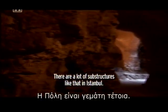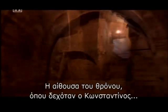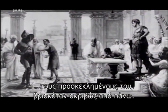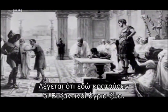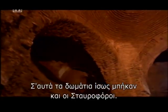This is very impressive. There are a lot of substructures like that in Istanbul. This is the substructure of the Great Palace. The throne room where Constantine greeted his guests was believed to have once been just above. The Byzantines are rumored to have kept wild animals here. Crusaders may have walked through the